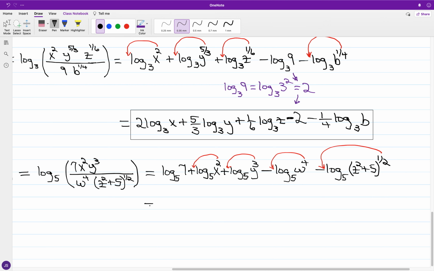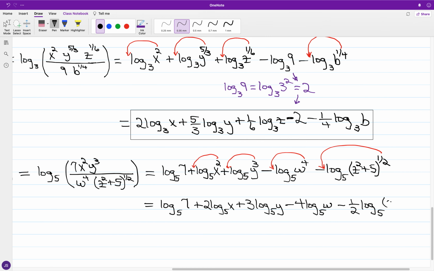Okay, and so we have in the expanded notation, so we're going to come out to the base 5 logarithm of 7, and we have plus 2 times base 5 logarithm of x, and I have plus 3 times the base 5 logarithm of y, and I have minus 4 times the base 5 logarithm of w, and we have minus 1/2 of the base 5 logarithm, okay, and we have of the quantity of z squared